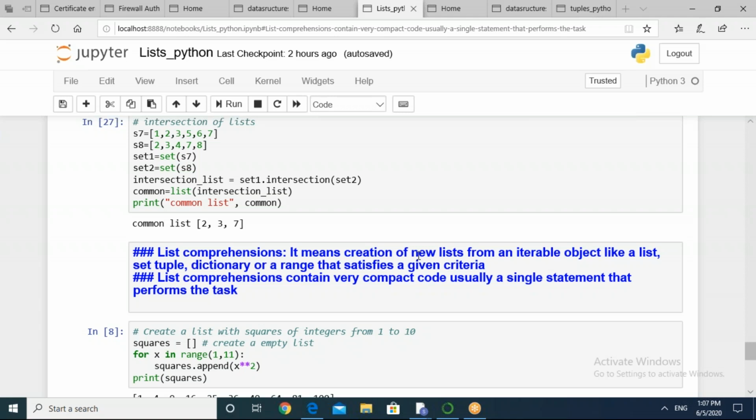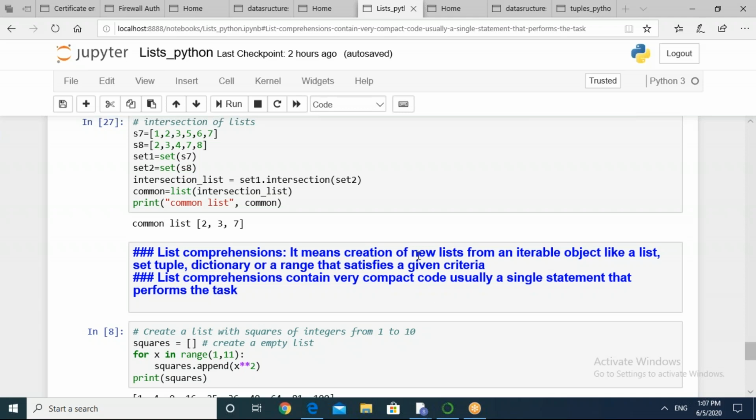It can be a list, a tuple, a range, a dictionary and so on. Iterable objects are the things that you can iterate using their indexing. So all these objects which I have just mentioned in this comment are iterable objects. So you can create a comprehensive list out of that.